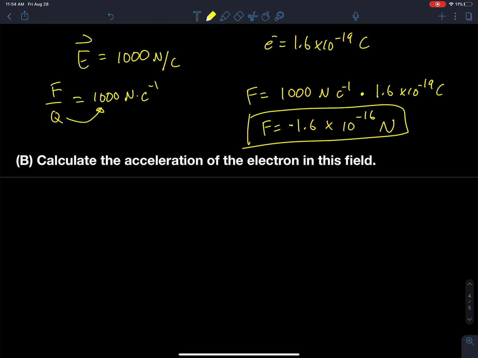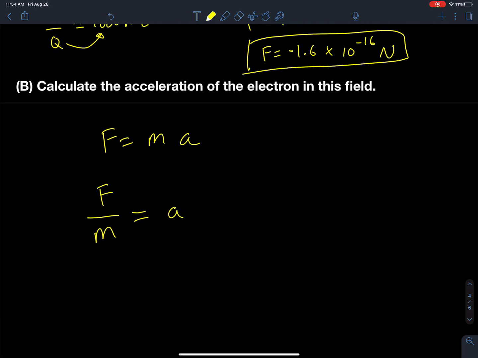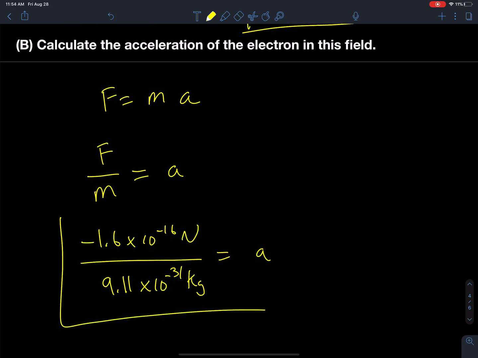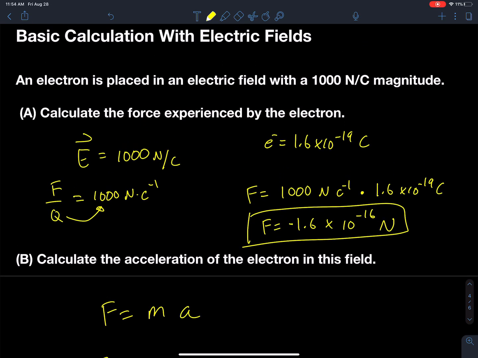And then the last thing we're going to look at here is how to calculate the acceleration using that force. Well, if I have that force, and then I apply Newton's second law, F equals ma. Okay, so the acceleration would be the force divided by m, which is equal to a. So negative 1.6 times 10 to the negative 16 newtons divided by the mass of an electron, which is 9.11 times 10 to the minus 31 kilograms, should give me the acceleration. Okay, and I just have to plug that into my calculator. I'm not going to do that right now, but I just showed you the method of how I would apply